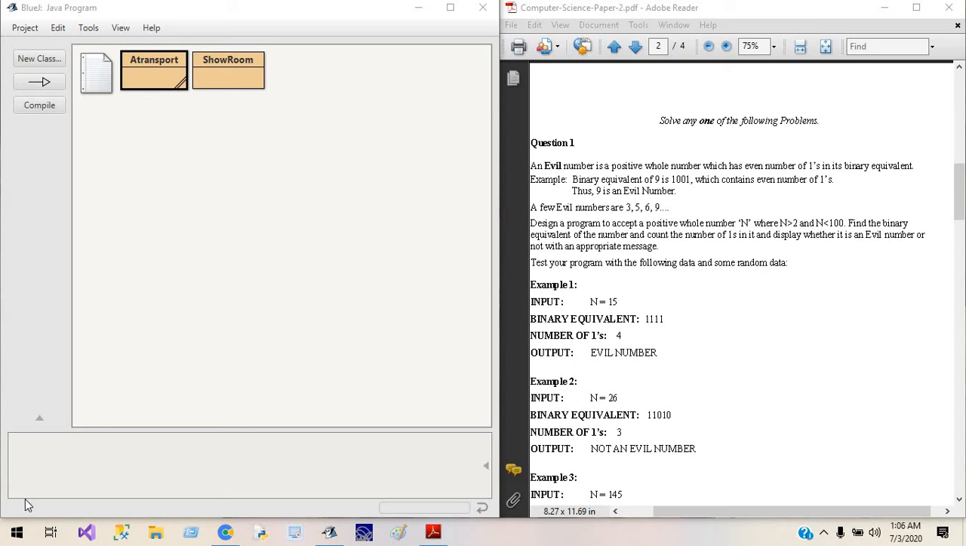Good morning, friends. You can see on my right hand side there is a question which is coming in ISC exam. Okay, so the ISC first question is based on a number. There are three questions: one is based on number, one is based on matrix, and another one is based on string. So first I am considering the first question, which is to check whether a given number is even